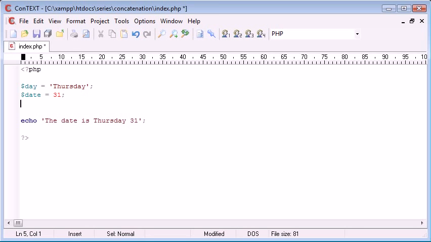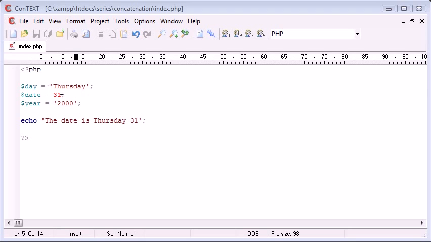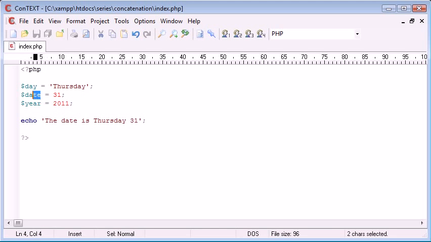We could in fact incorporate the year in as well, so I'm going to say year equals 2011. Now the reason I'm doing this is, for example, if it was the year 2000, in actual fact it would work, so okay, we'll keep this as integer data, so the year equals 2011. So we've got a variable called day, a variable called date, and a variable called year. So eventually we want this program to display the date is Thursday the 31st 2011, but we want it to